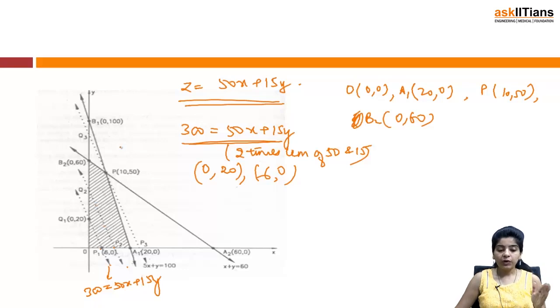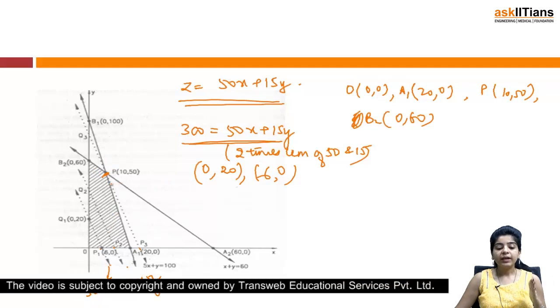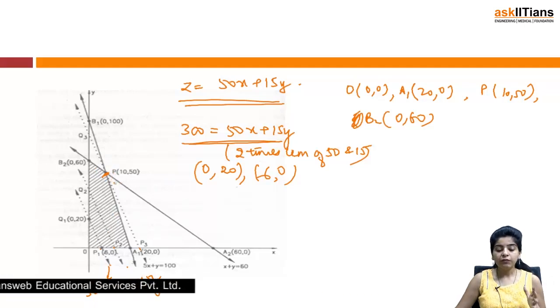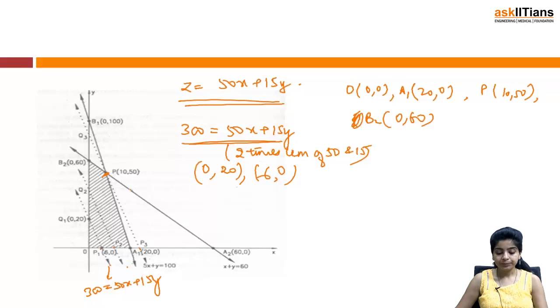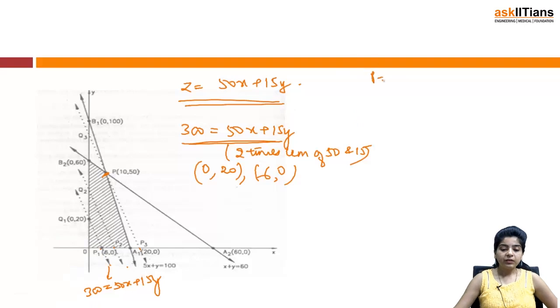We will again have to move further, and we get a line of the form P3, Q3, which has this point common to the feasible region. Now we can see P3, Q3 is the line which is farthest from the origin, and it has at least 1 point common to the feasible region, and therefore this is going to give us the optimal solution. So I can write it here, and I will change the color so that you don't get confused. P3, Q3 is the line farthest from the origin